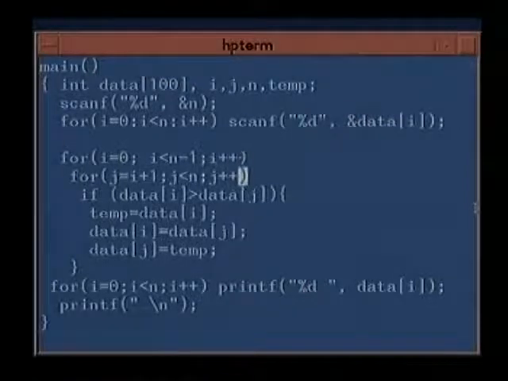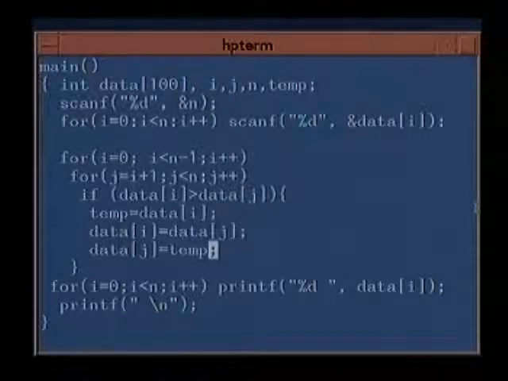And then here is the for loop. We had previously discussed i equal to 1 to i less than n. Since we are going from 0, we'll say i equal to 0 to i less than n minus 1, i plus plus. j equal to i plus 1 to j less than n, j plus plus. If data[i] is greater than data[j], then we exchange it. So this one actually does finding the minimum. If we want to find the maximum, we'll have to change this to less than. So if data[i] is less than data[j], we exchange.